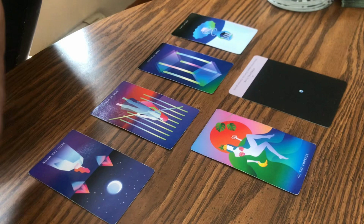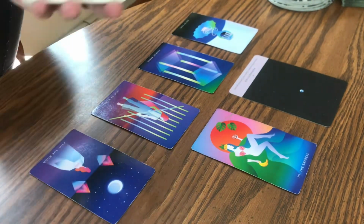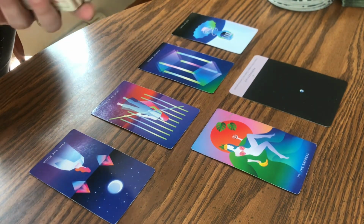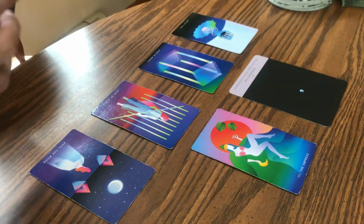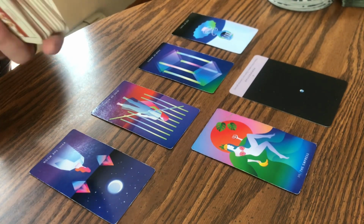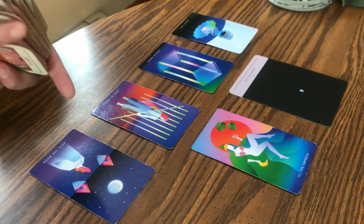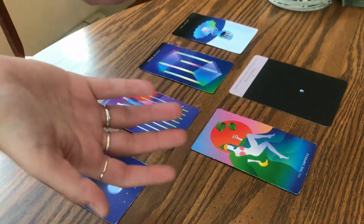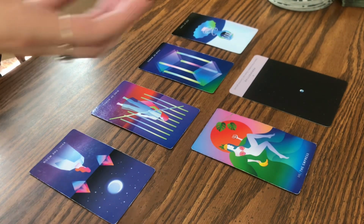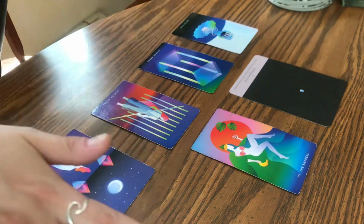So some people in this pile, and I normally don't even speak of health stuff, but I have to say it, and I'm going to make this very brief. I'm not a doctor, so obviously take what resonates, leave what doesn't, but I do have to say this. If you are asking about pregnancy or something to do with that, the Ace of Cups is here, which is a new love coming in, right? But we do have the Empress in reverse, so there's some kind of conflict here. There's some sort of, I don't want to say issue because, once again, I'm not a doctor,